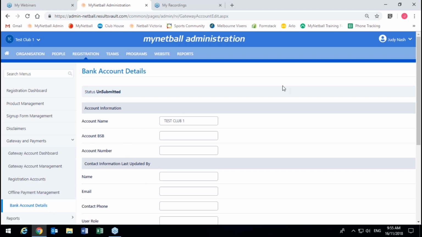So that's pretty much it for setting up your online registrations. Once you've done that, you then just need to communicate to your members that they can register through your form. There are several ways they can access it. If you see the sign up form management, if we just go back into that now,